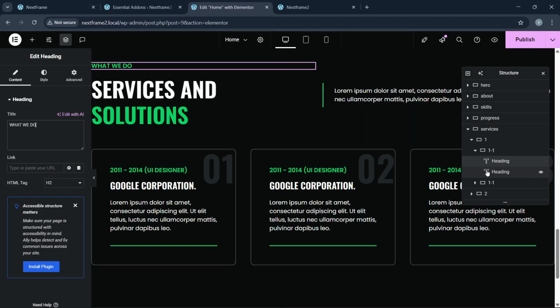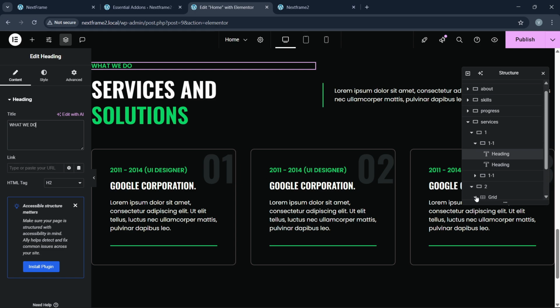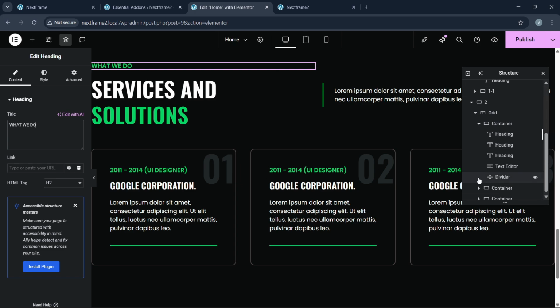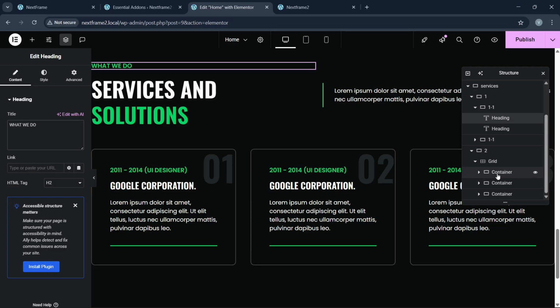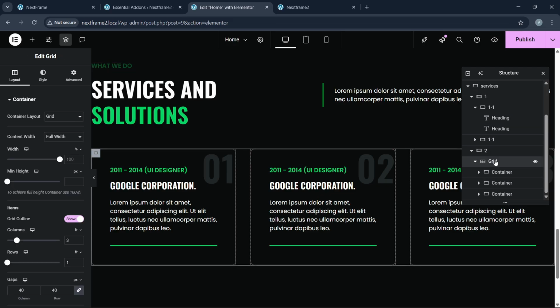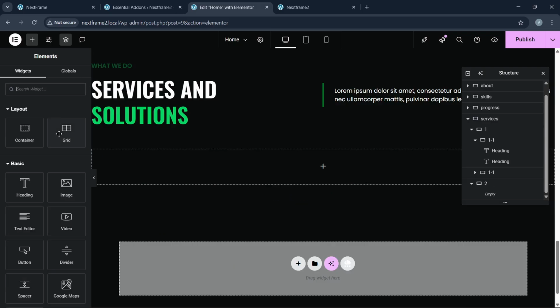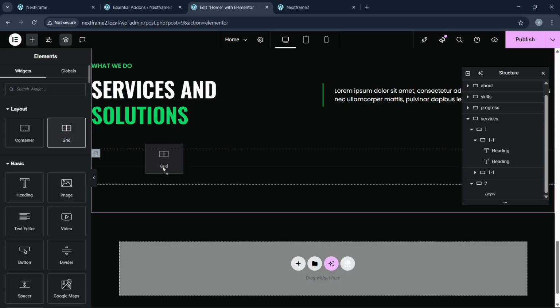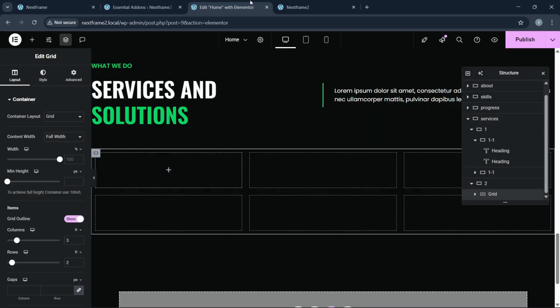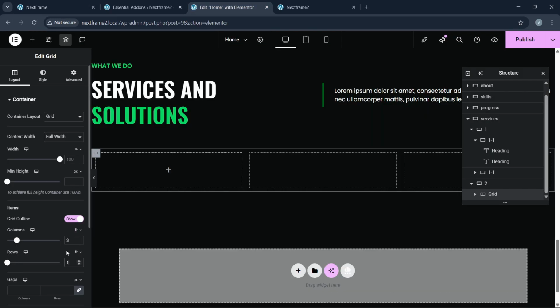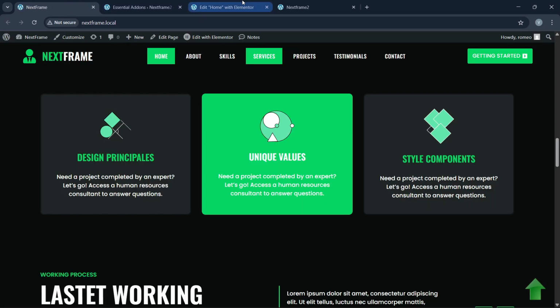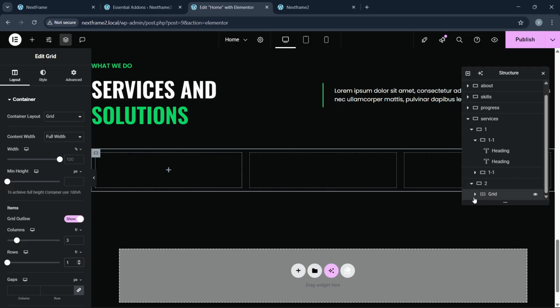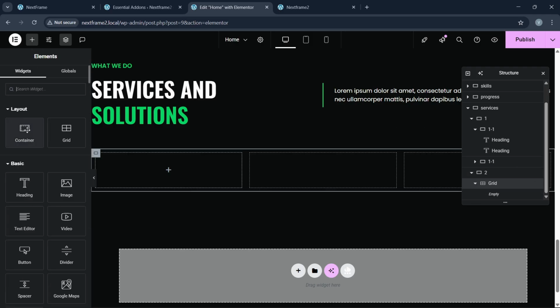So for that, what we can do now, if I go to the second one, you can see that we have the old grids here. So what we can do, we can just remove all of this. We can remove this grid also. Okay, we can remove this grid. Now we can add a new grid here, and this have the 3 by 1. Okay, and here you can see that inside the grid we have empty grid, so we can add a container